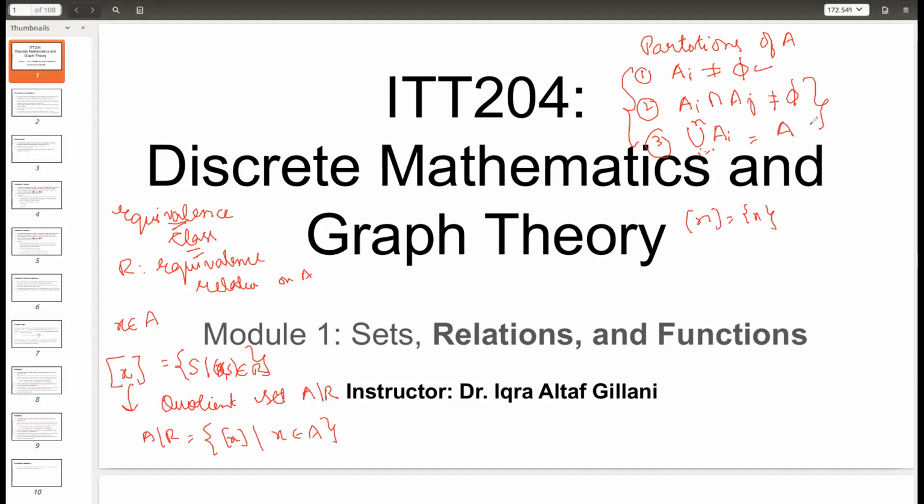After that, we started discussing a special kind of relation called a partial order relation, or a partial ordering. The set on which this is defined is known as a partially ordered set, or poset. What were the three properties that we have for partial ordering? If we say that a relation R defined on set A is a partial order, what are the three properties that it should satisfy?